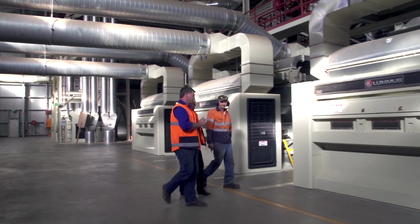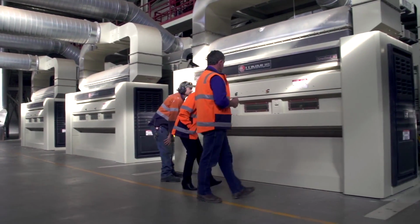I started work here in the October. It was a shed with a hole in the ground. We had to import all the equipment. There was no electricity here on site. There were no phone lines. There was no internet. Every day there was a different obstacle, every day, in terms of the build, the construction